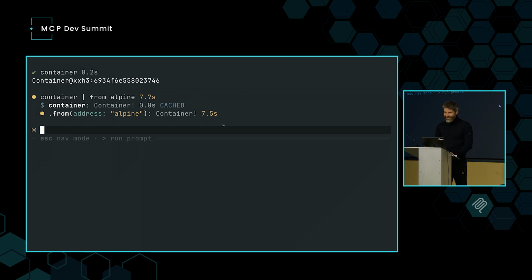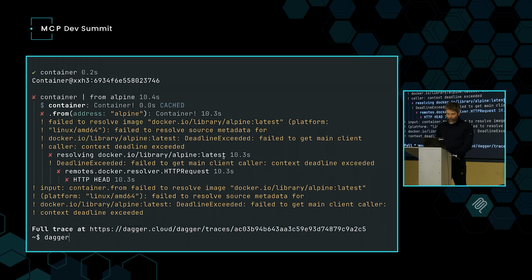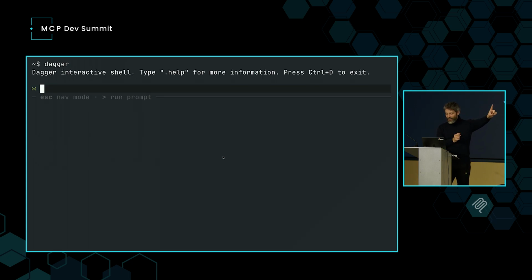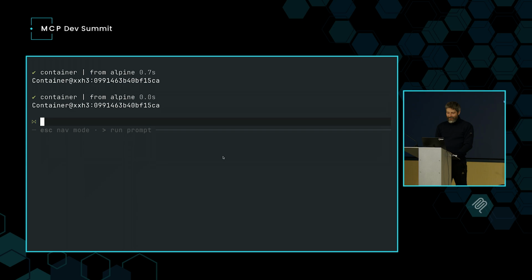over Wi-Fi. Actually, it should be doing this over... whoop. Okay, I don't know what that is, sorry. I should add that I'm doing this over, just in case, because I've been to conferences before, this is actually connecting to a remote Dagger engine that is at my house, which is a 10-minute bus ride this way. So it should be, let's try again. Okay, now I got a different container object, and I can keep chaining stuff.